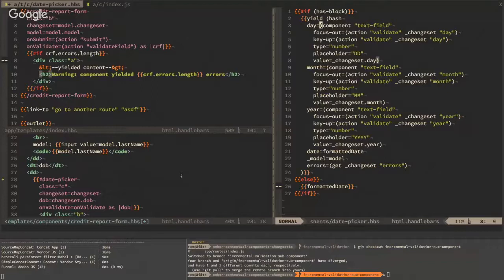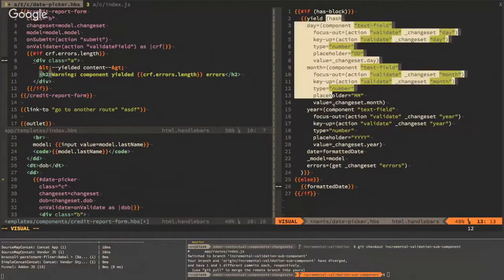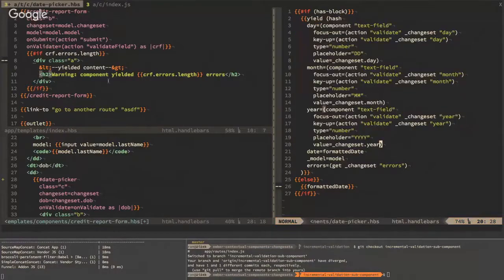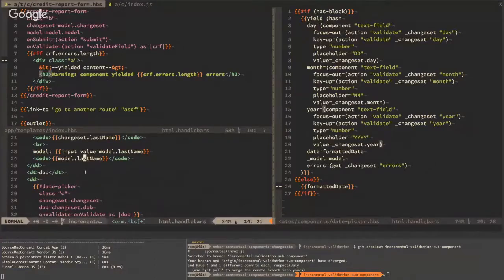Continue. So day is the first field we yield back inside this object, and we use the component helper. So what we're actually returning is another component, and we're returning 3 components. And the components are just text fields. One represents the day, one returns a component text field for the month, and one for the year. So basically all this is 3 text fields that we can then use in our credit form